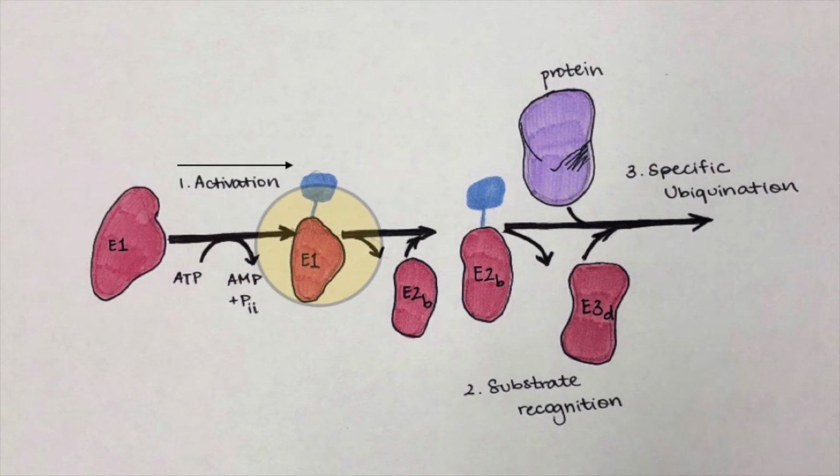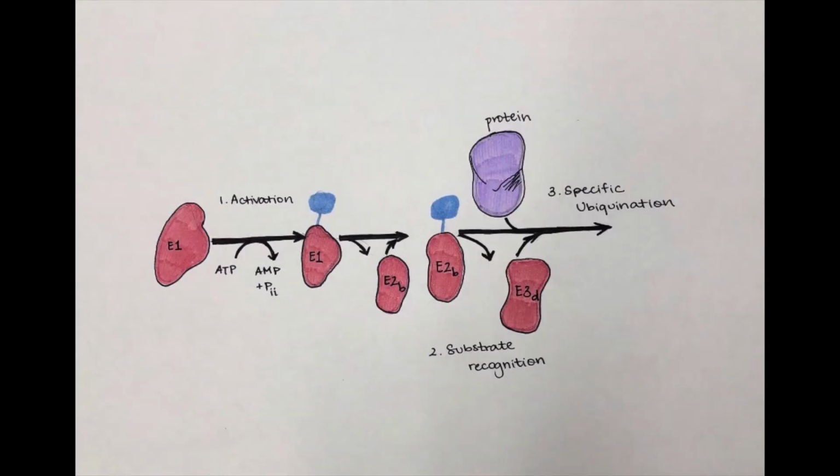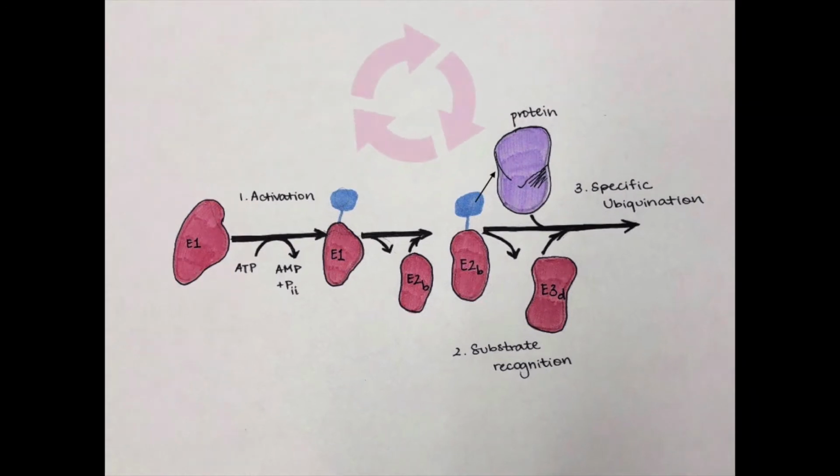The ubiquitin is then transferred to E2, or the ubiquitin conjugating enzyme, which combines with our third enzyme, E3, or ubiquitin ligase. This last enzyme facilitates the transfer of ubiquitin from E2 to a lysine residue in the substrate protein, generating a ubiquitinated substrate. This entire process repeats until the chain is built and the protein can be recognized for